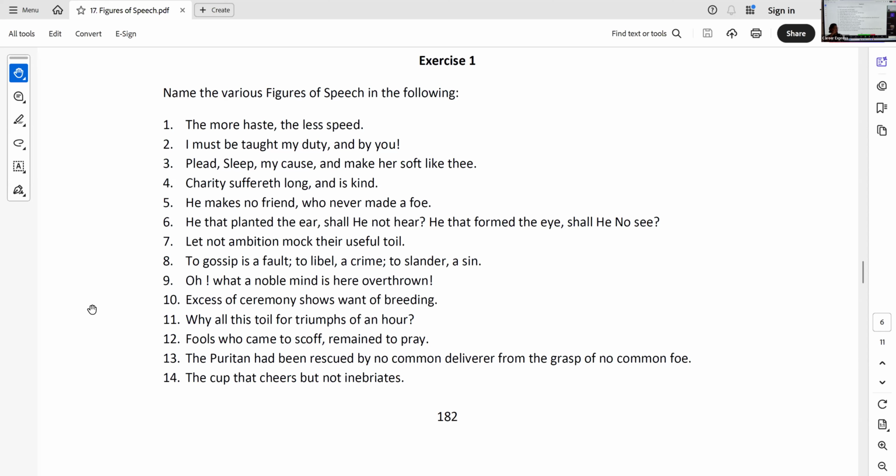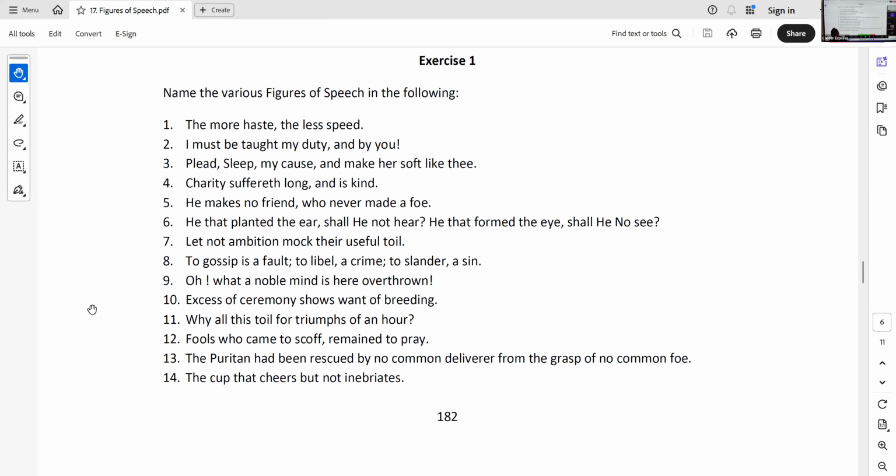So very often 3 adjectives or 3 nouns are used together. That is called power of 3. अब हो सकता है कोई एग्जाम में ये आ जाए, tricolon, right? So now that you know, you can identify it. Okay, but this one, number 8, is climax. Why? Because it goes up from a smaller crime to a more serious crime. Gossip, libel, and slander. It goes up in intensity.